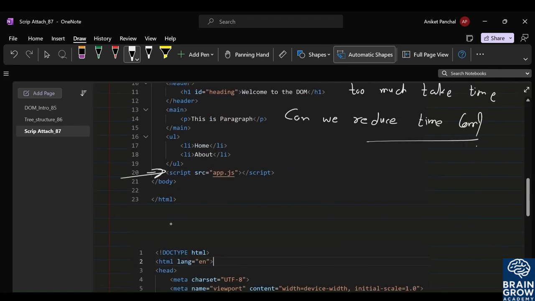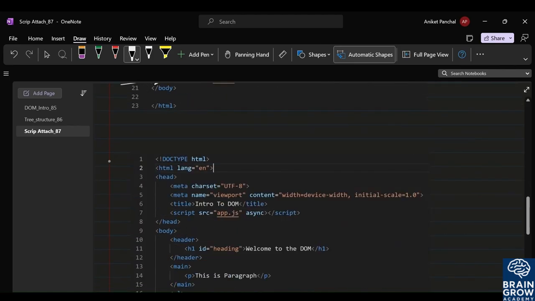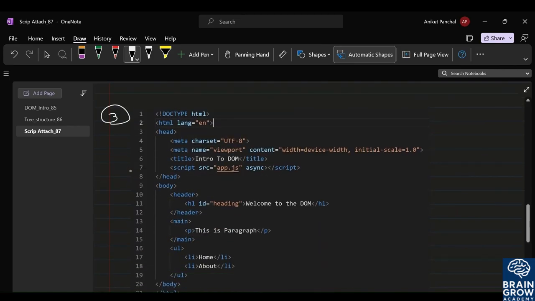So here is the third way. When we use our JavaScript file inside the head and also with the async keyword. So what does the async keyword do? It will perform simultaneously. So first, when the HTML file comes, here is the HTML file,